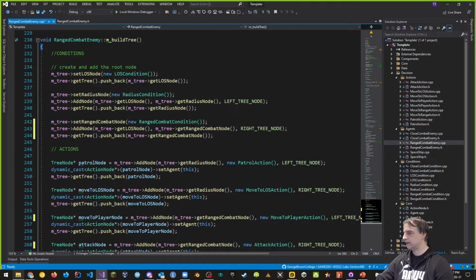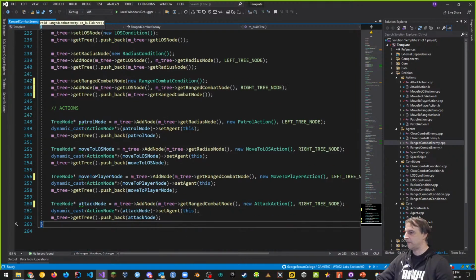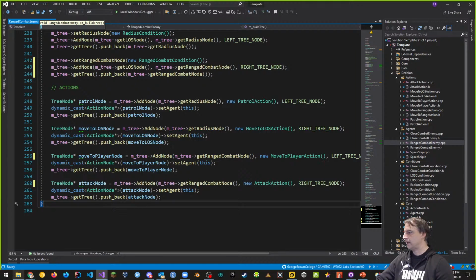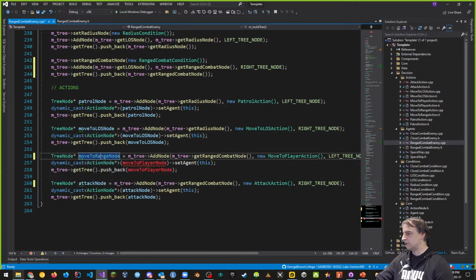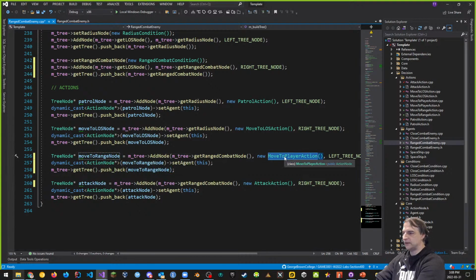Ranged combat node on the right side, because if we're in line of sight, to the right is the ranged combat node, and then from that, on the right side, the right tree, we have move to line of sight action, and then instead of move to player action, we're going to have a move to range node. Move to range node, that's what it's going to be called. And the move to range node is going to be the thing that I'm going to use. It won't be the move to player action, but rather the move to range action. And I can't do the move to range action